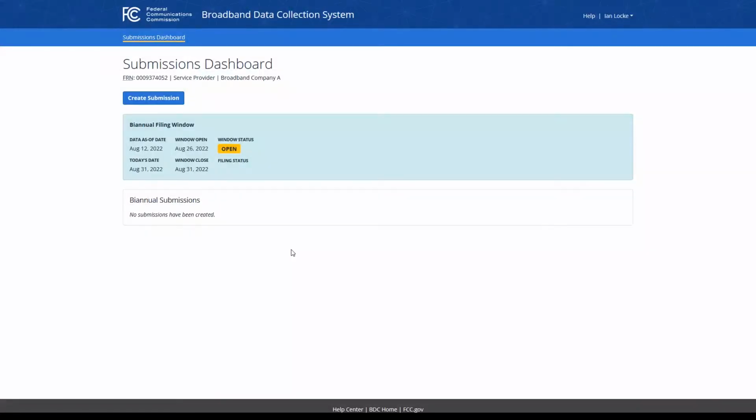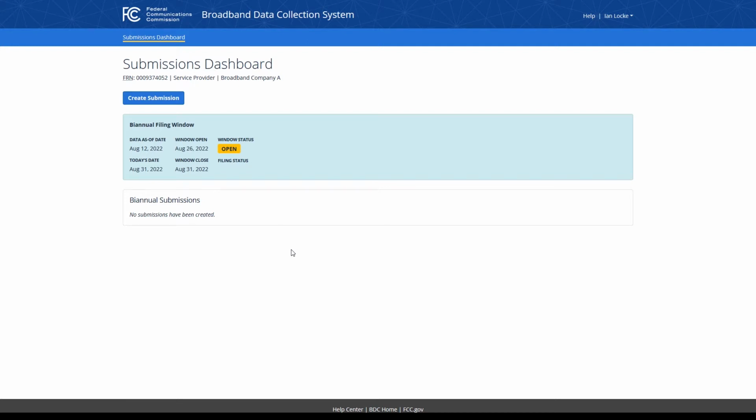As part of the broadband data collection, entities had the opportunity to submit challenges and propose corrections to the information in the FCC's Broadband Serviceable Location Fabric. Service providers, governments, and other entities and organizations are able to submit bulk challenges to the fabric in the BDC system. Bulk fabric challenge data must be submitted in the BDC system via file upload and must conform to the data specifications. More information on the bulk fabric challenge process can be found online at the BDC Help Center at